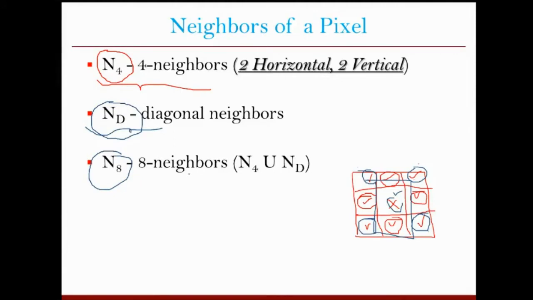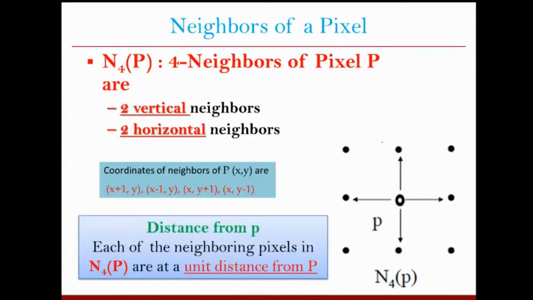Okay. Now, when we define the neighborhood or the neighbors, we are only considering their location. With respect to a given point, let's say x and y that you have here, you can define what its n4 neighbors are. One will be up, another will be down, one will be left, and another will be at the right. So with respect to x and y, these neighbors will have coordinates x plus 1, y; x minus 1, y; x, y plus 1; or x, y minus 1. You can just check that.